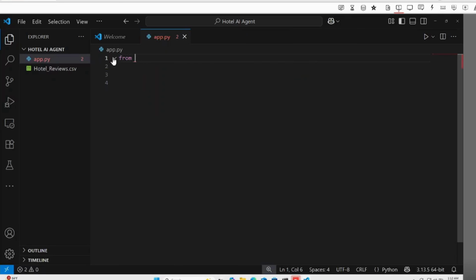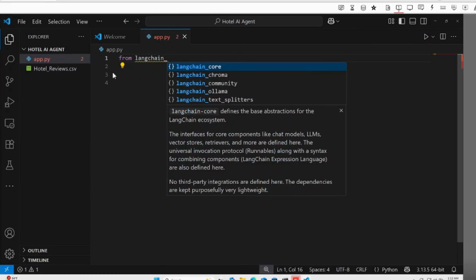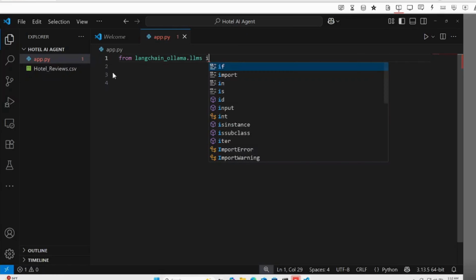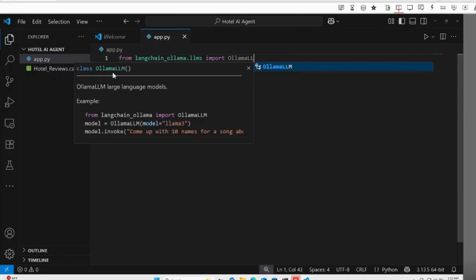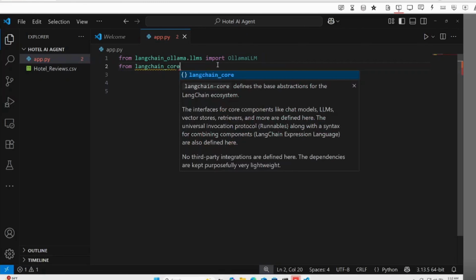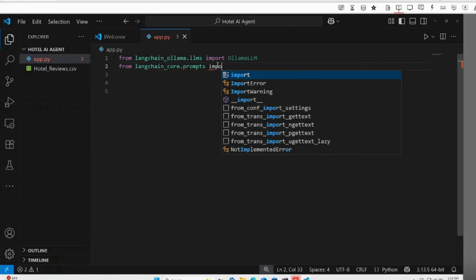So from langchain_ollama.llms import OllamaLLM. Then from langchain_core.prompts import